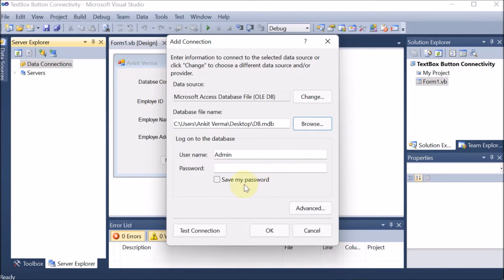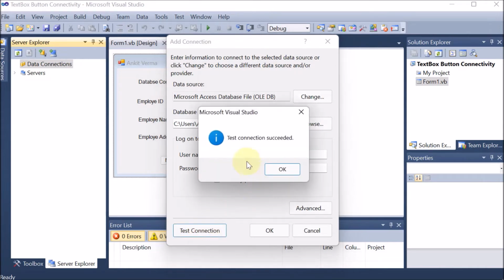The important part is testing the connection. Your second step will be over only when your connection succeeds. So click on test connection. Test connection succeeded. Many times your test connection will not succeed. There are 2 reasons. Number 1, that you have not created the proper connection, meaning the path you have followed is not proper. Or second thing, the words and error. As I have told you while creating the database that you have to make the database compatible with the previous versions as well.